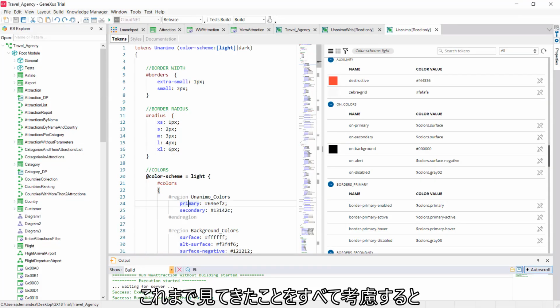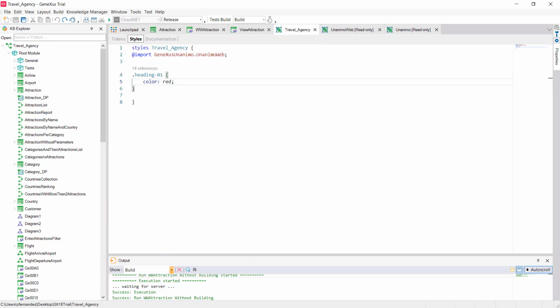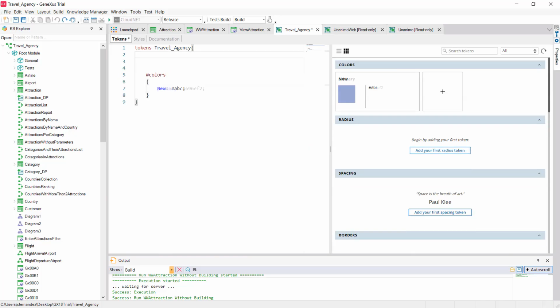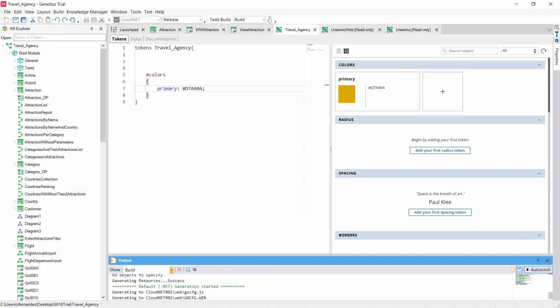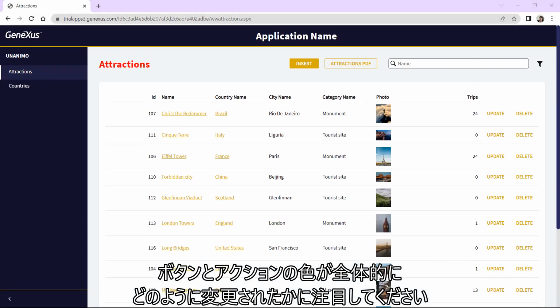Considering everything we've seen so far, what should happen if we change the value of the primary color token? Note how the color of the buttons, and actions in general, have changed.